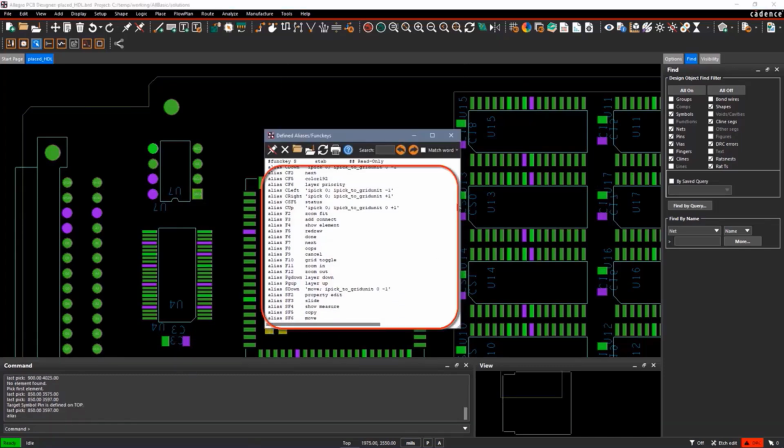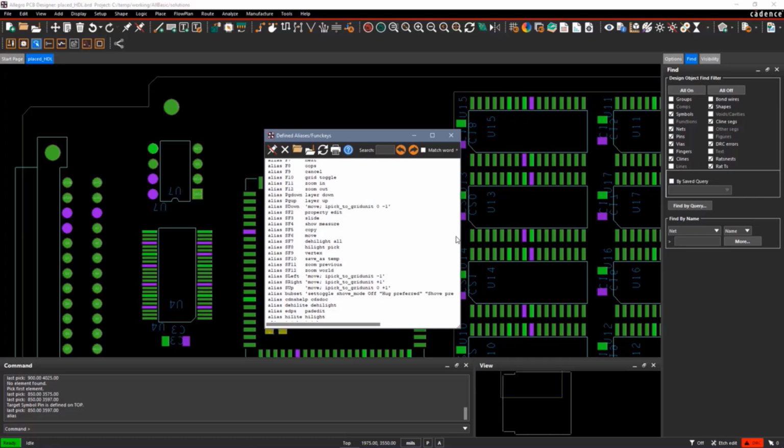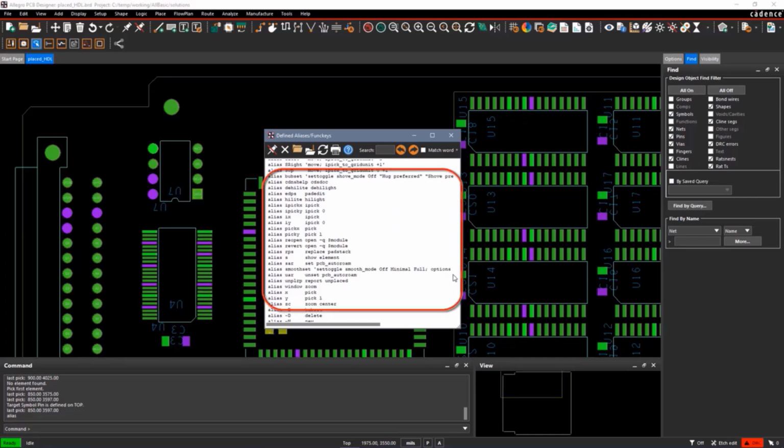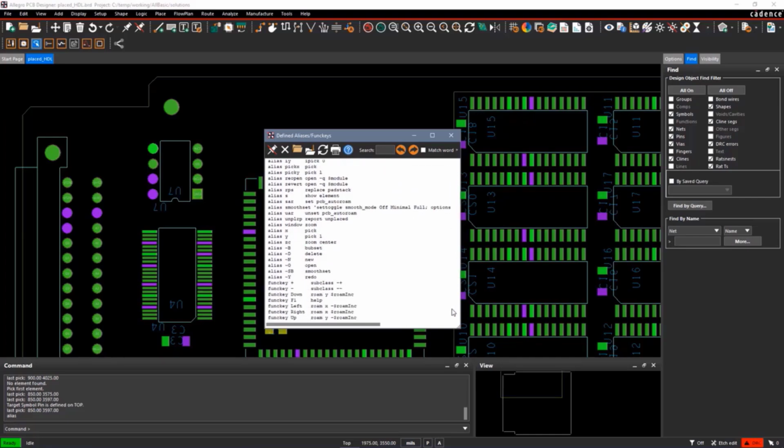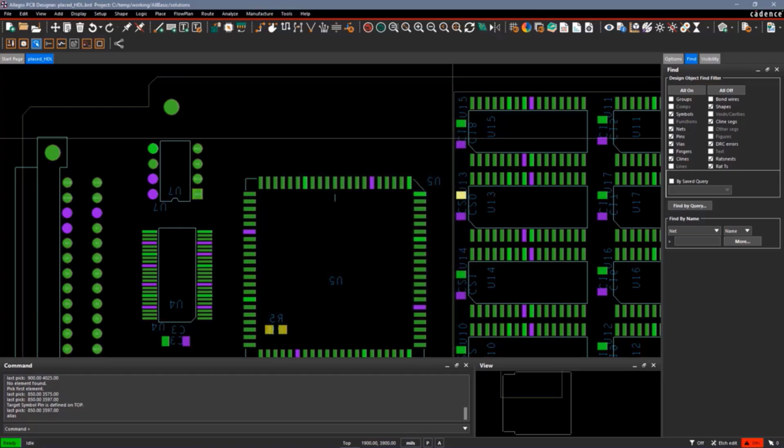Up top here, you can see there's a listing of how all the function keys are programmed. If we scroll down more, there's a list of aliases, which must be typed in on the command line. And then there's a list of what I call hotkeys or func keys as are defined in this system. So let's suppose we want to reprogram some of these or define our own